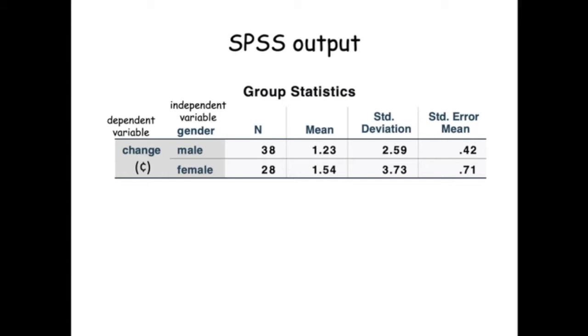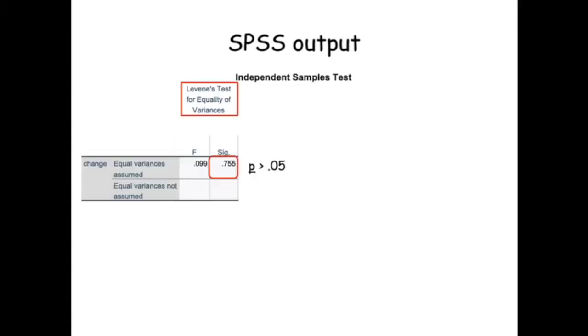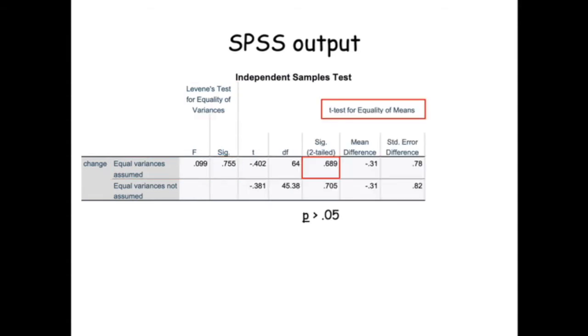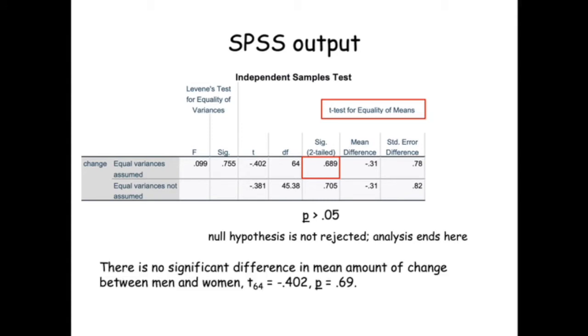Looking at this table, there does not seem to be a difference, but we rely on the t-test results for making this decision. The p-value for the Levene test is large, so the equal variance assumption has been met, and we can interpret the top row of t-test results. The p-value is large, so we don't reject the null hypothesis, and the analysis ends. In our summary, we say that there is no significant difference in mean amount of change carried between men and